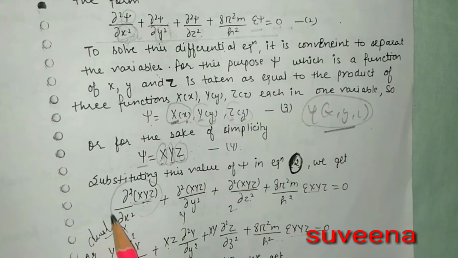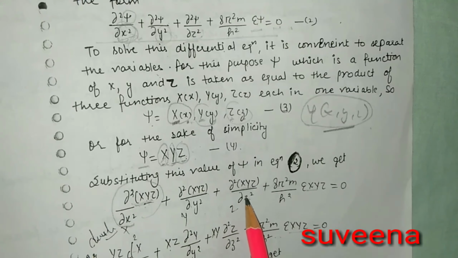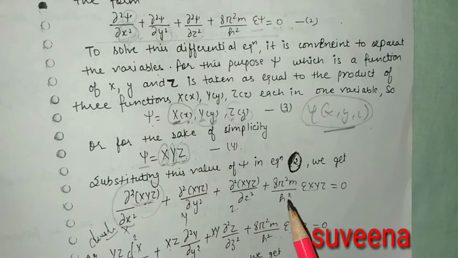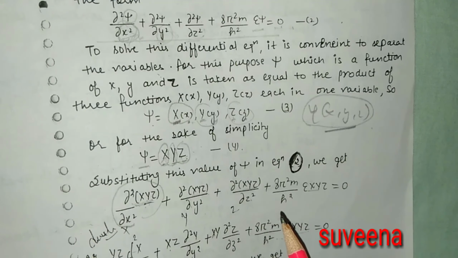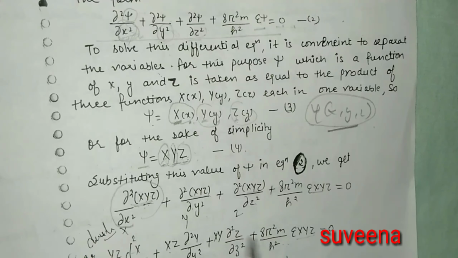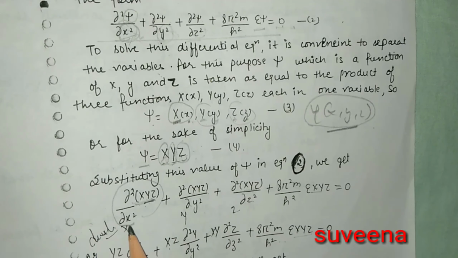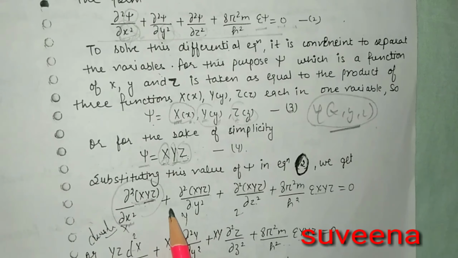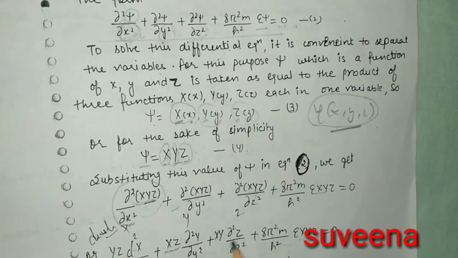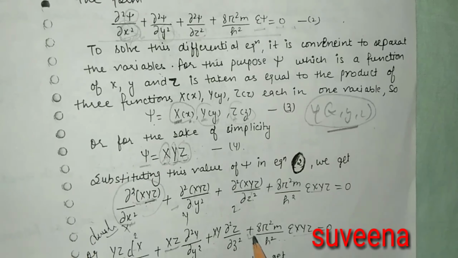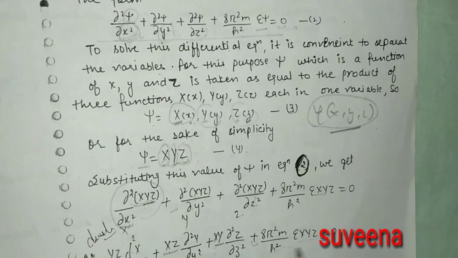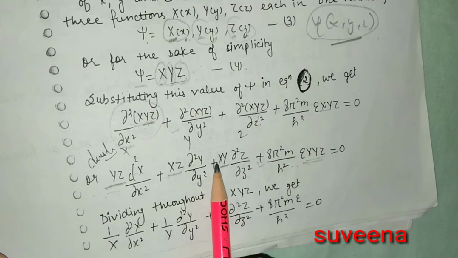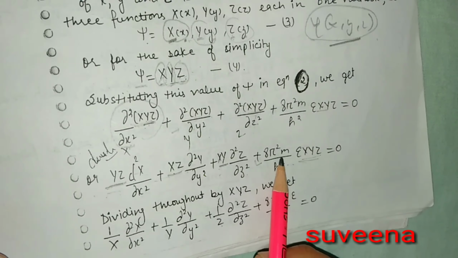So we can simplify this equation for the x-axis, y-axis and z-axis. Divide throughout the equation by X, Y, Z. Firstly, Y and Z will be constant for the x-axis, so take them as common. For the term with respect to x, Y and Z are constant, so write them outside. So we can calculate these values for the x, y and z wave functions.